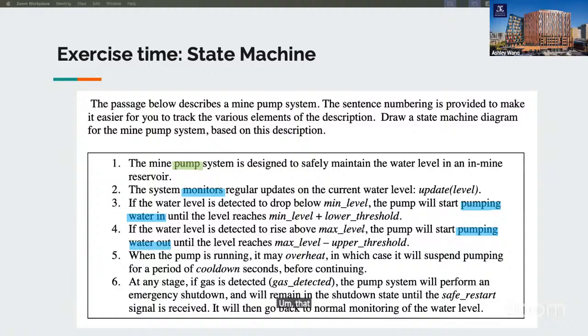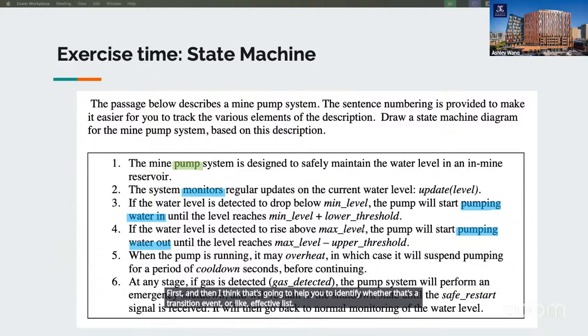That's a very long sentence, and that's an event. But pumping is more like a state, one of the states, rather than a transition event. So that's why it's really important to identify the object first, and that will help you identify whether something is a transition event or a state.